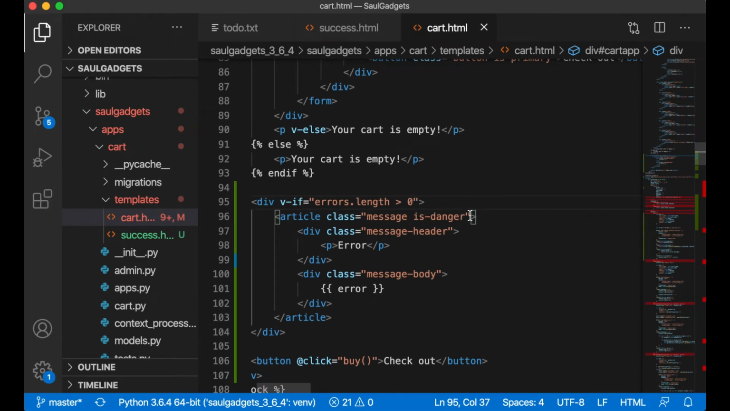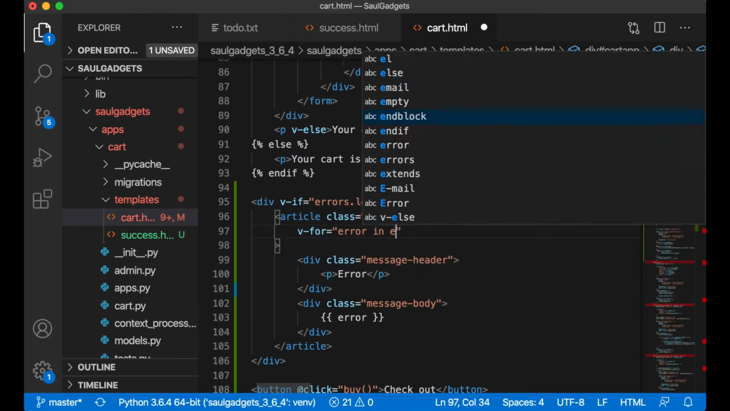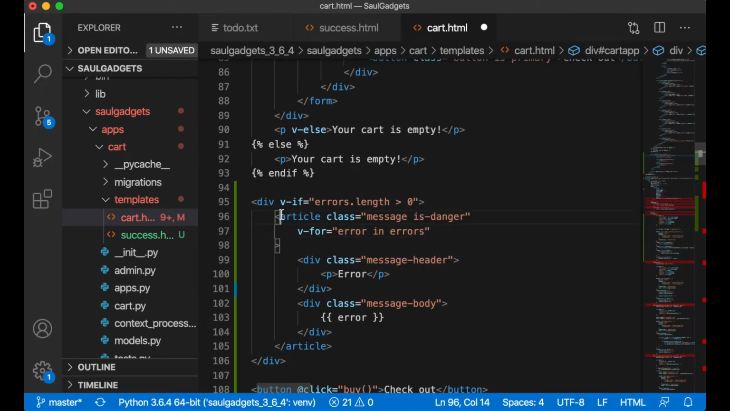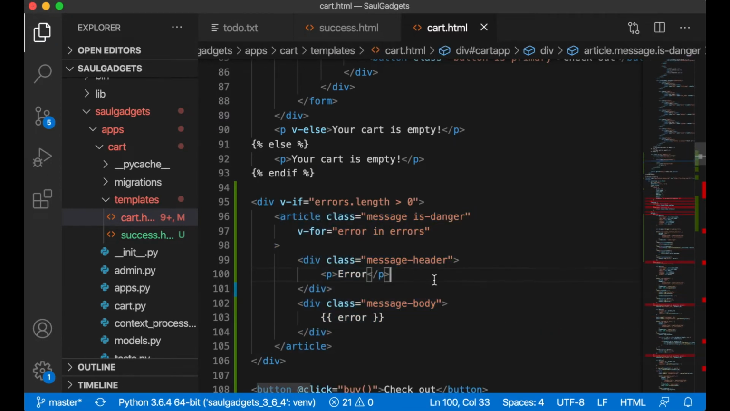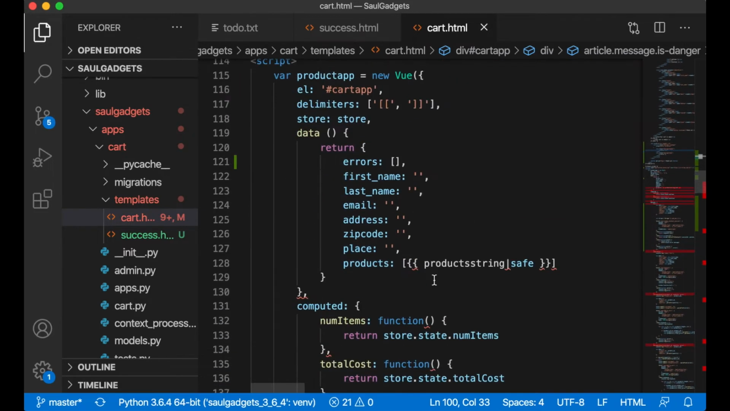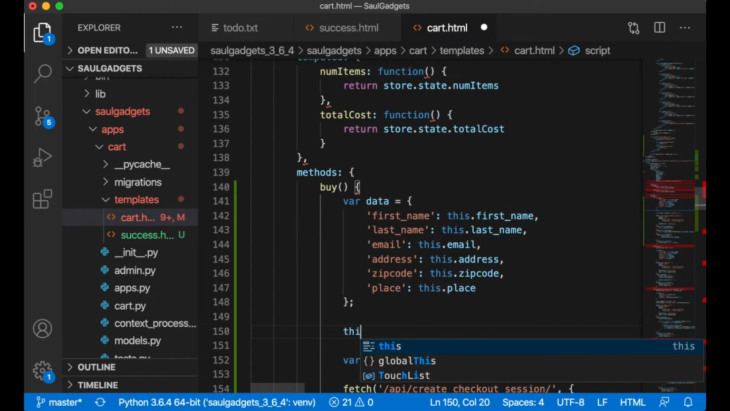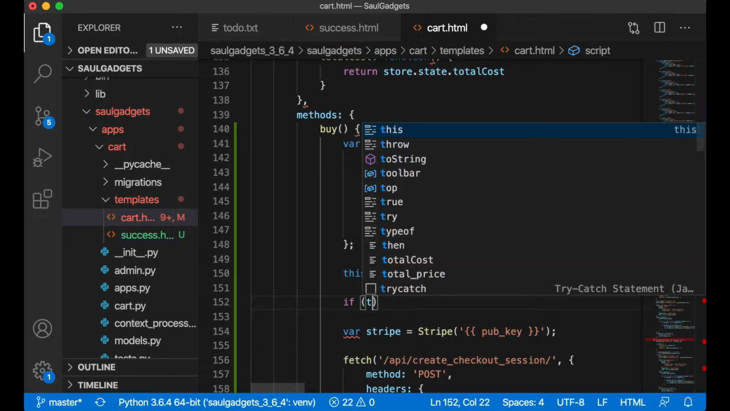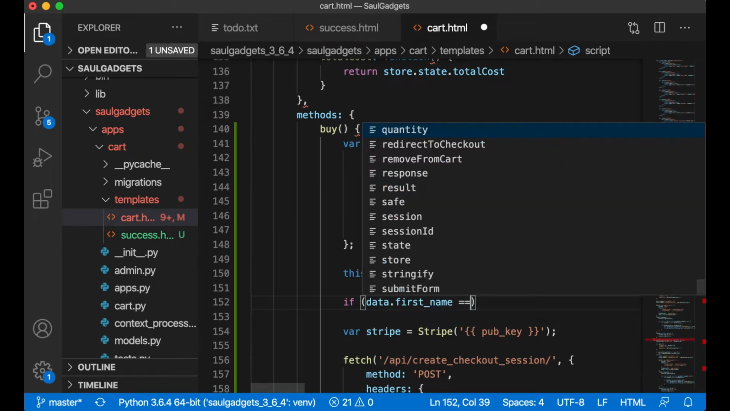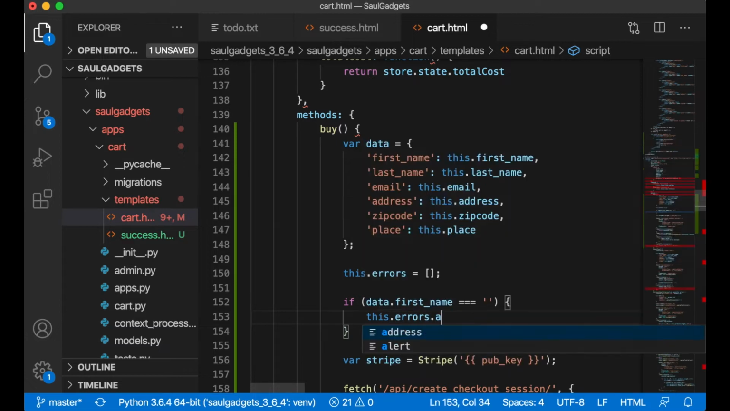And then I need to loop through the errors here. So I say v-for error in errors. So I will show one article per error. Save that. So when I click the buy button, I want to say this.errors equals empty. If data.first_name is empty, this.errors.append